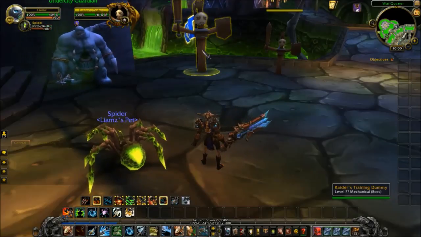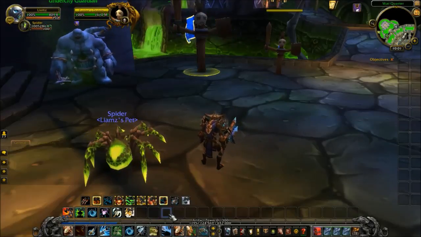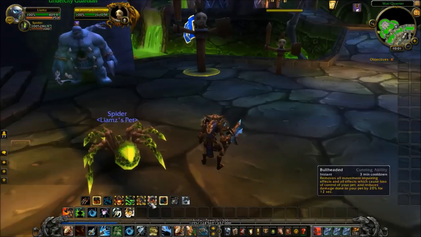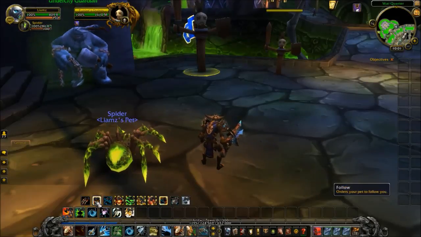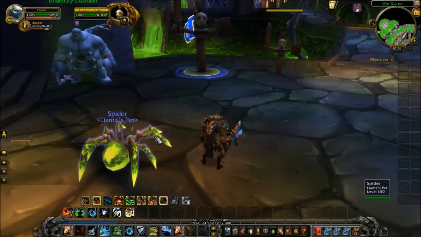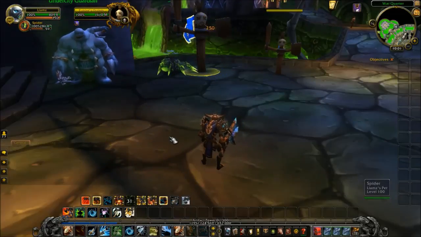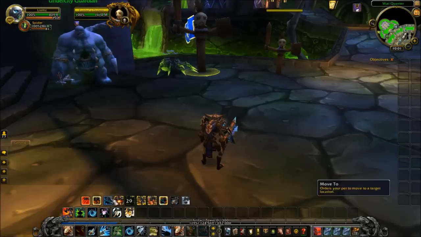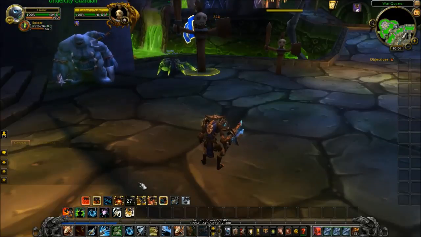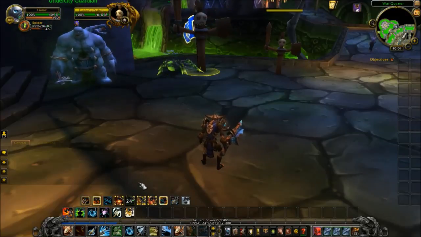Control 8, and that'll make him assist. If I want him to attack, I need to make it do C1. My bad. So there you go. Now he attacks, and I didn't have to click anything. I didn't have to reach over and remember what ability. If you just remember, and it becomes muscle memory, Shift 1,